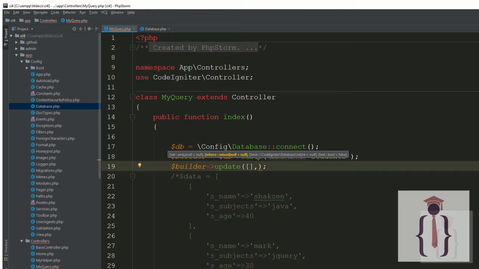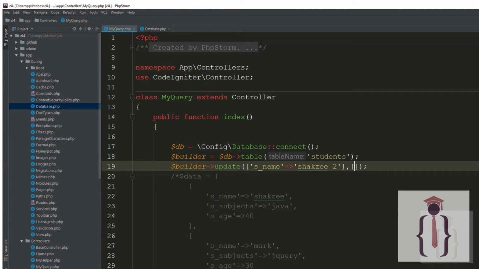It totally depends on you. I'm going to update the sname, and the value, for suppose, is Shigzy2.